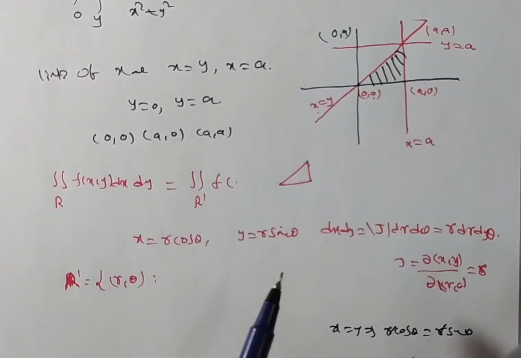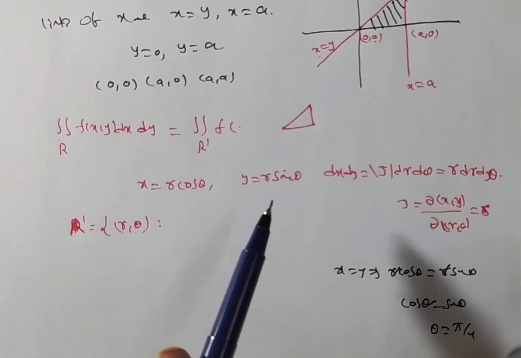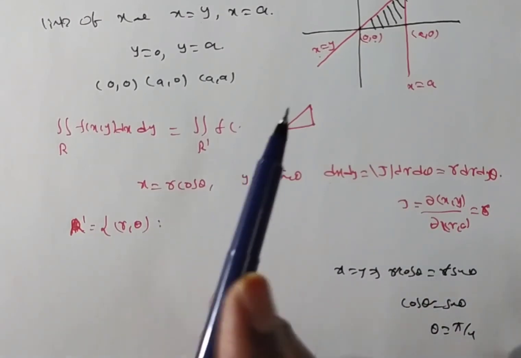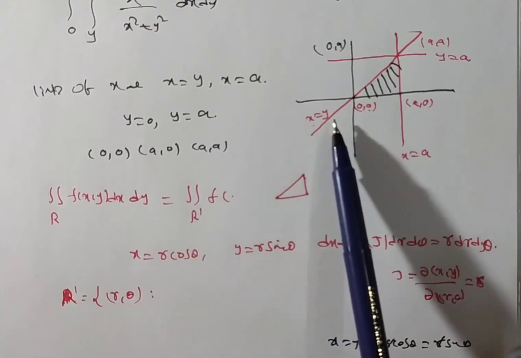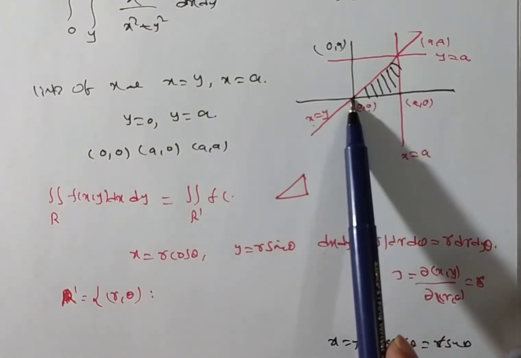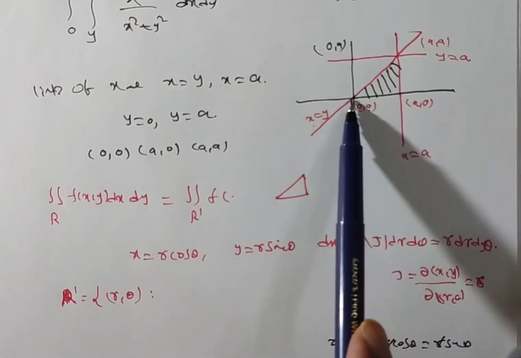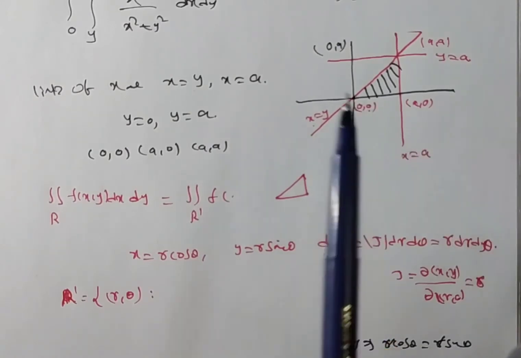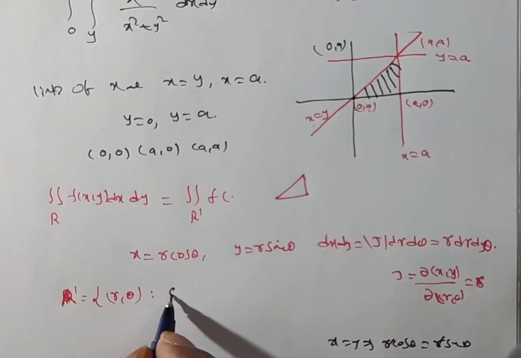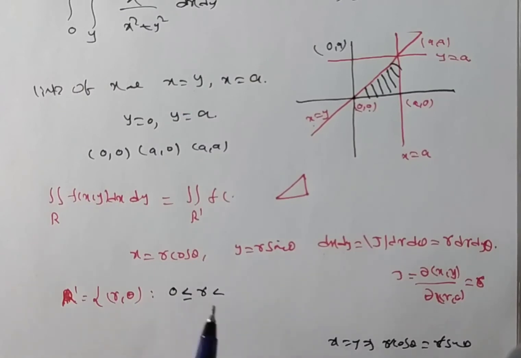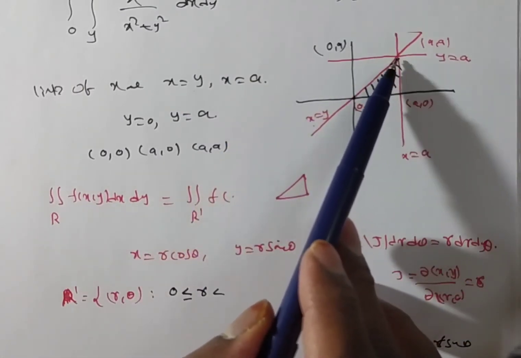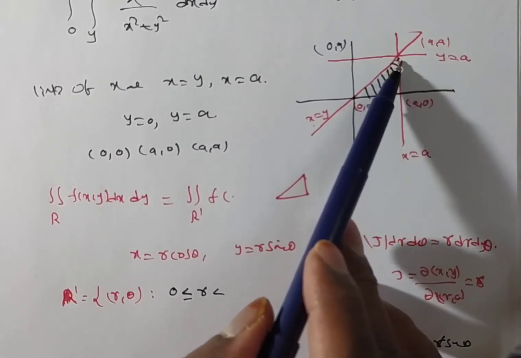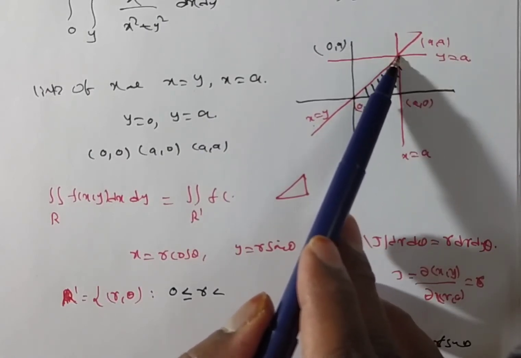Next I want the r value. How can I get the r value? Here you see that whenever you want r, generally we draw a line from the origin, the starting point, where it touches at 0, 0. So you can say the r value starts with 0 and ends at the x is equal to y line, where it ends at the point here only. In this case, what you have is x is equal to y.